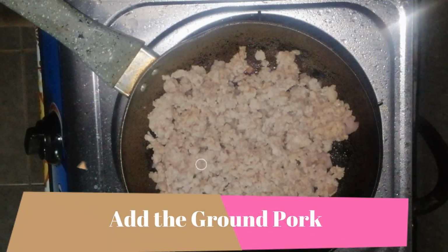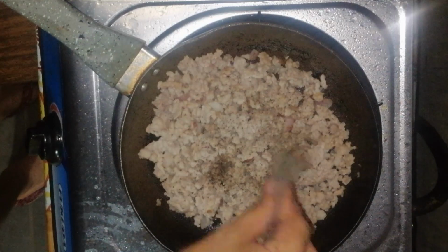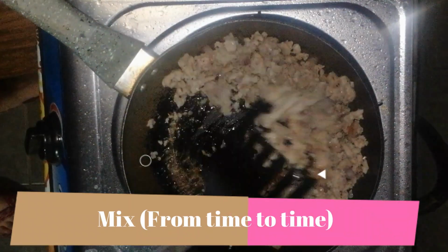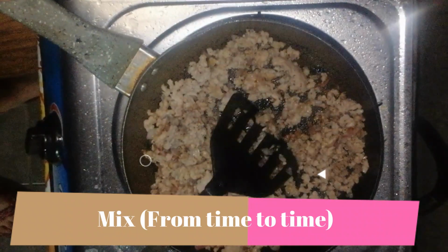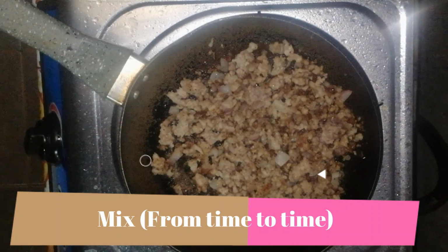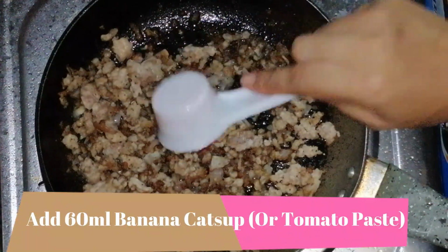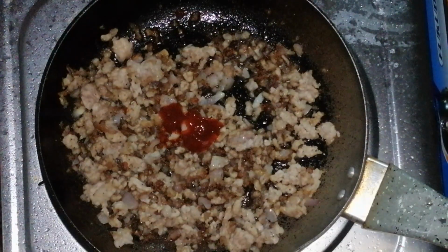Put in the pork. Add in black pepper. Add 60 ml banana ketchup and 60 ml soy sauce, or you can also use